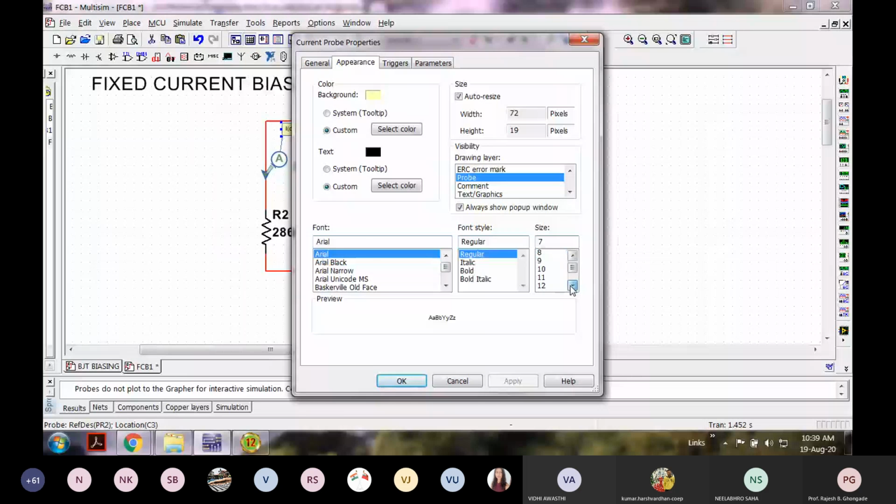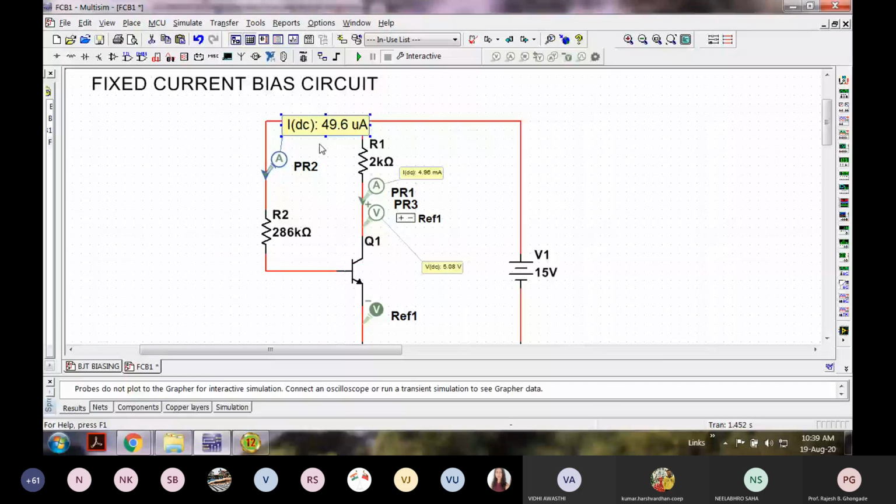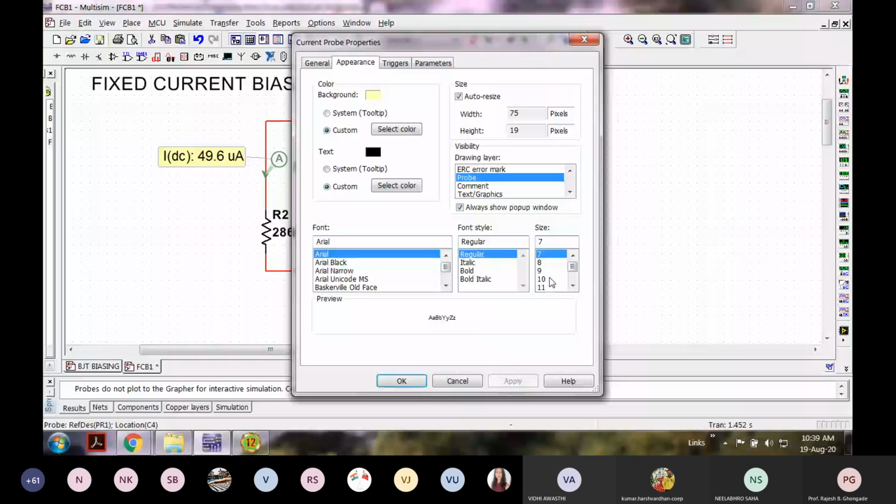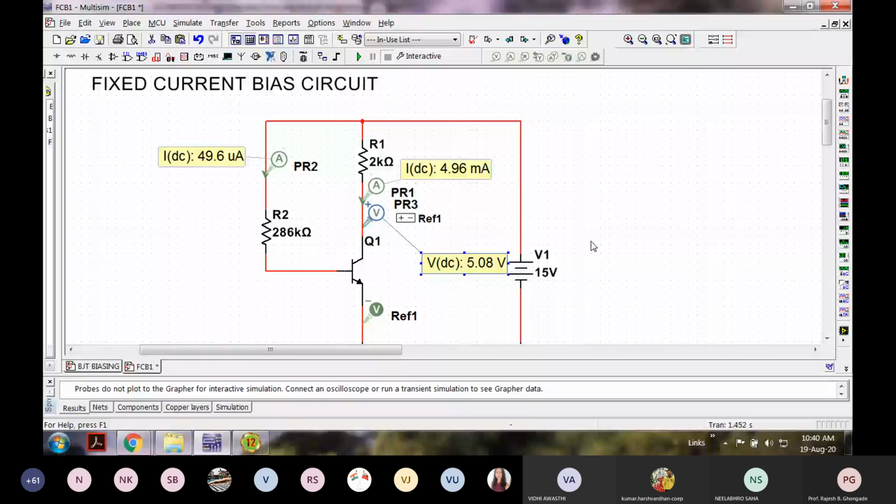Place it properly, nicely over here. Don't do it haphazardly. So this is how you would take the snapshot.